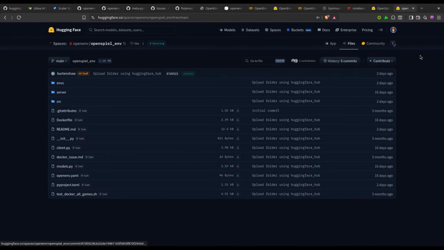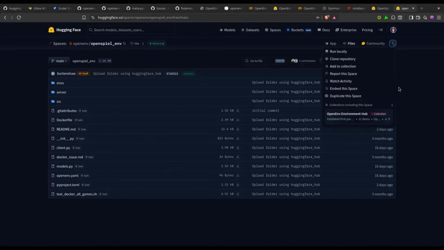Go to here and do one thing. Let's try to replicate it by creating this thing locally. Contribution. I don't want to contribute. Clone the repo.